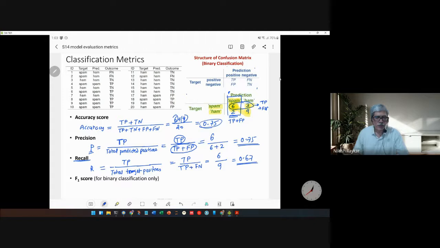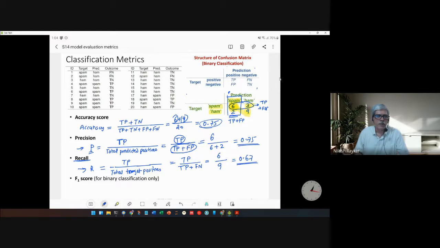So if it is very important that you get all the spams correctly, then you will go for precision. Let's say your model says there are 6 spams. So all 6 have to be spam. There should not be any mismatch. So if your interest is that, then it is precision. Let's say some payment is linked to this correct prediction. So in a faulty prediction, you will be penalized heavily. So in such a case, one would look for the precision.